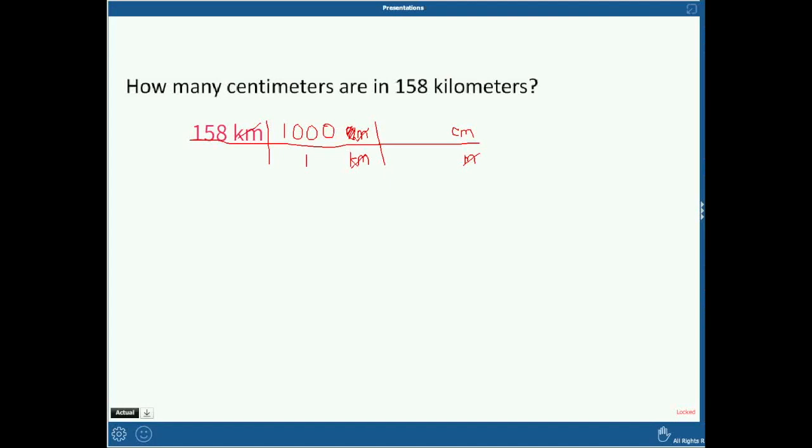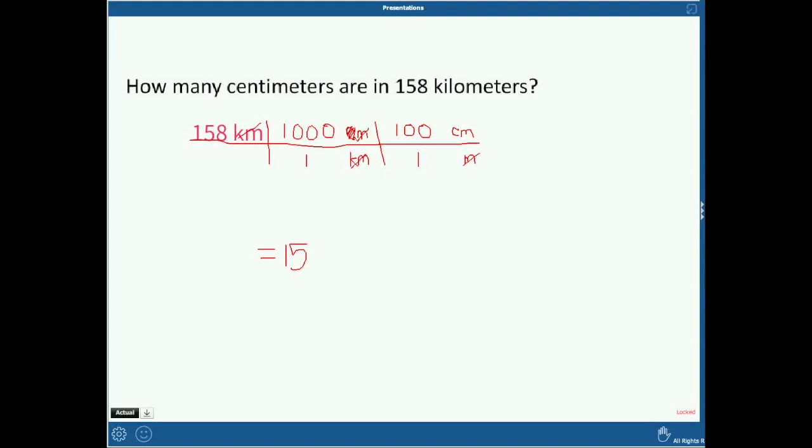But as you work through the course, you'll probably accidentally memorize how many meters are in a kilometer anyway. And then because centimeters are small, I like to say how many centimeters are in 1 meter, and that prefix centi means 100. So there's 100 centimeters in 1 meter. So then I'm just going to do